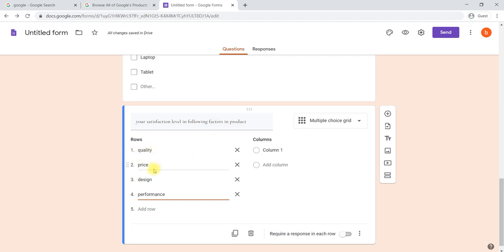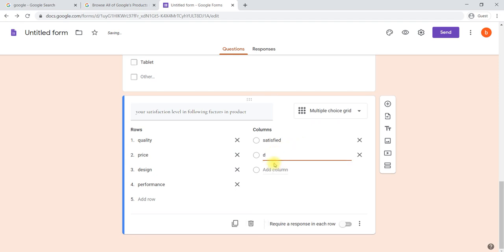For these four questions he can answer either satisfied, neutral, or dissatisfied. Like this, out of three options, he can choose any one.